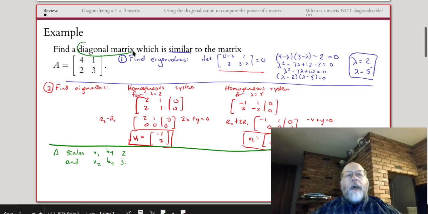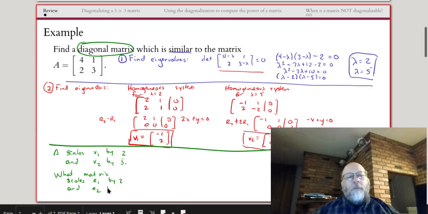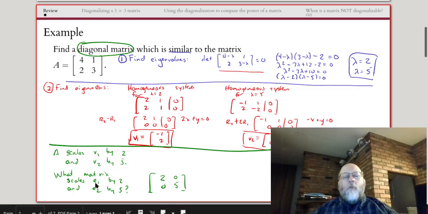What we're looking for is a diagonal matrix. And that is what matrix does this, but to the standard vectors, scales E1 by 2 and E2 by 5. And that's the matrix 2, 0, 0, 5. E1, if we scale it by 2, just goes to 2, 0. E2, if we scale it by 5, goes to 0, 5. And so this diagonal matrix geometrically does the same thing to the standard basis that the original matrix A does